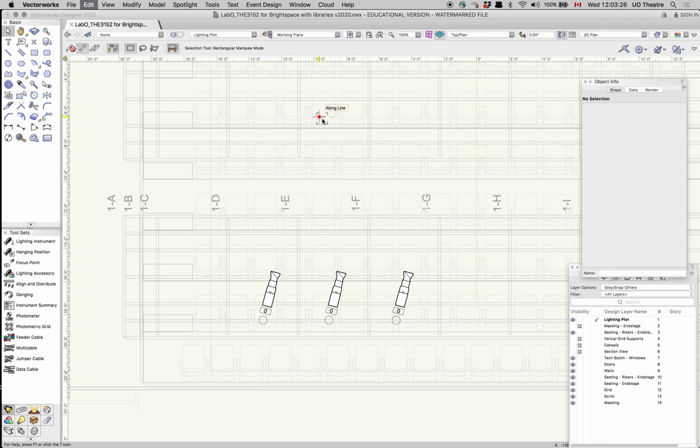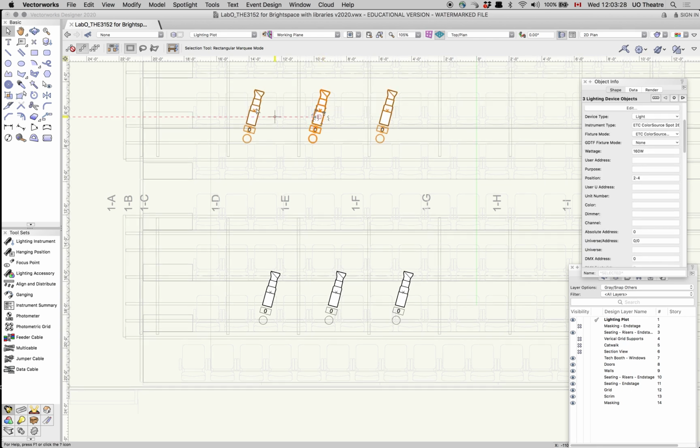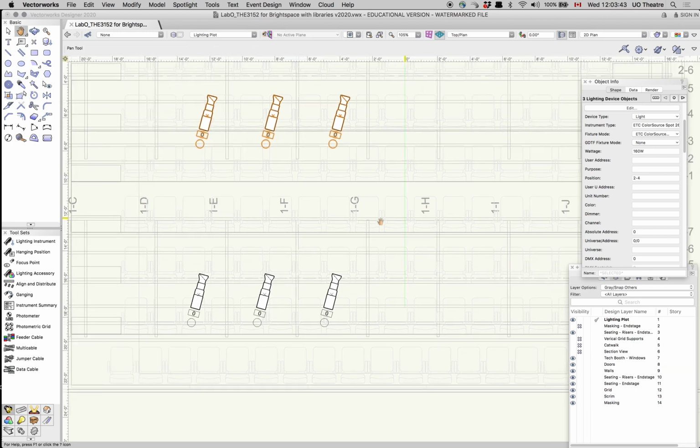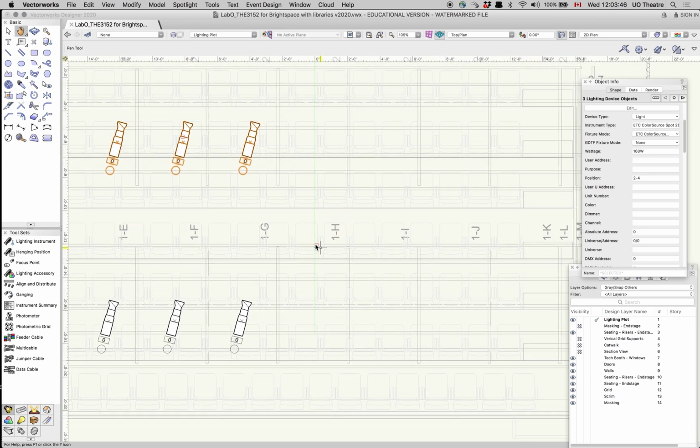go Command V, and I can get my next bank of lights here. And then with all three of them, I can move them over a little bit, and they're going to become my upstage lights. Move them back just a little bit. Now, these are all going to be my warm lights. If I want to make my cool lights over on the other side, let me show you a bit of